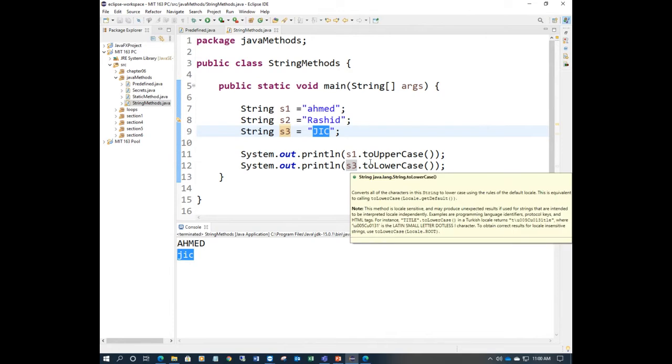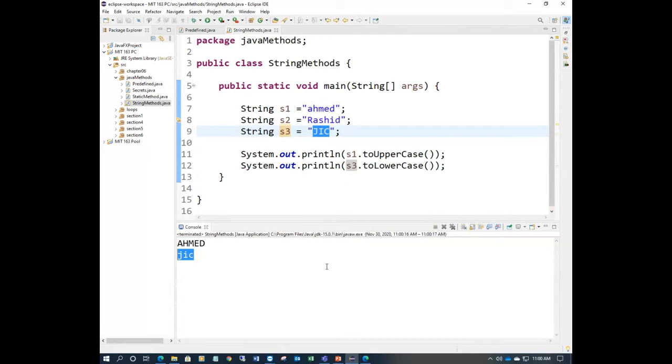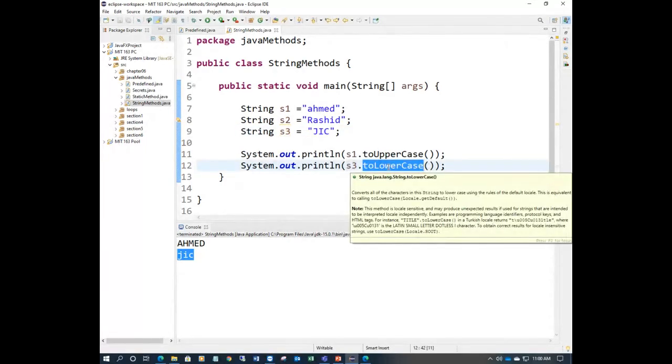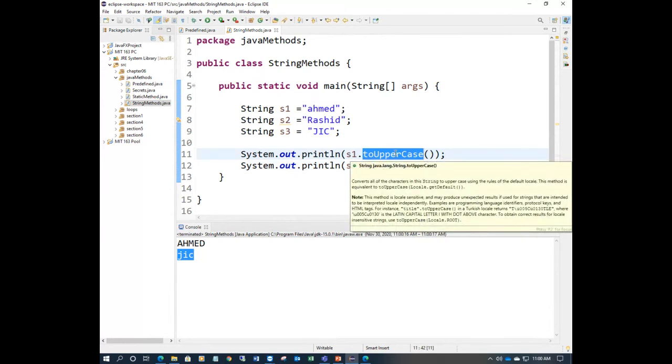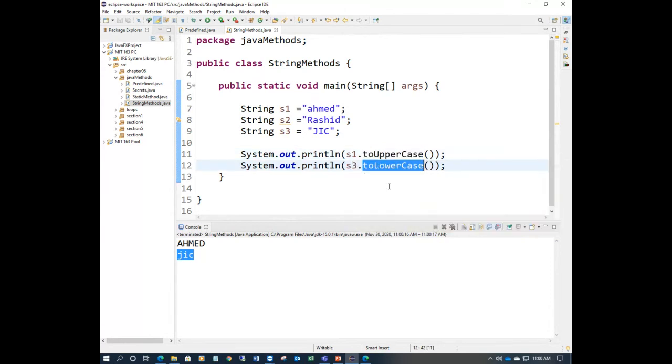So where do we use this? These methods are mostly used when you write an email. Whether you write the email username in small letters or capital letters doesn't make a difference, because internally the program will convert it. If the program requires small letters but you enter capital letters, it will automatically convert to lowercase using this method. If the program requires capital letters, it will take them as uppercase. Usernames are mostly in lowercase, or the program takes both kinds of input. For such kinds of operations, we use these methods.